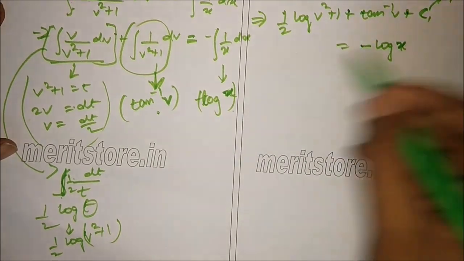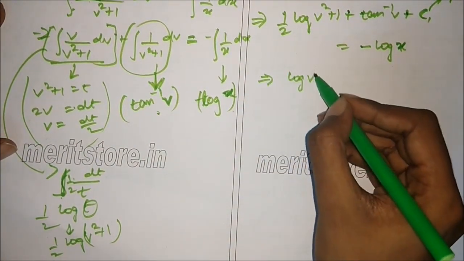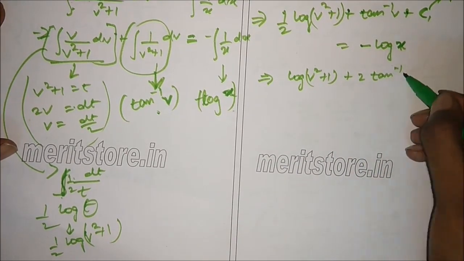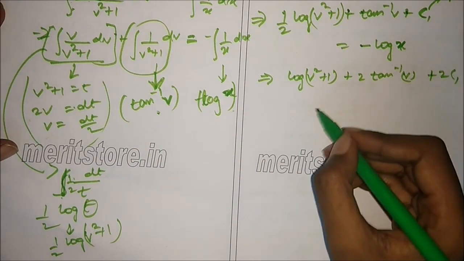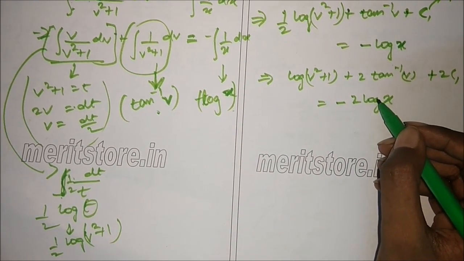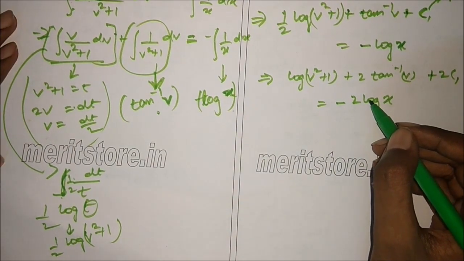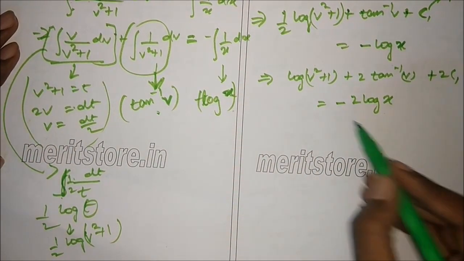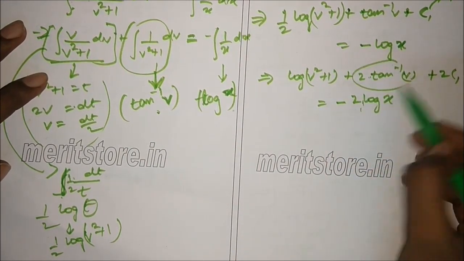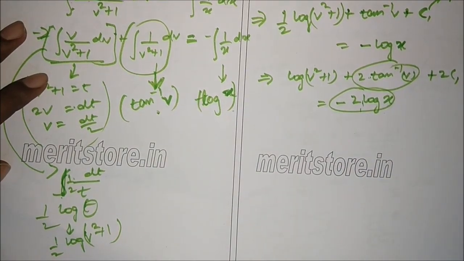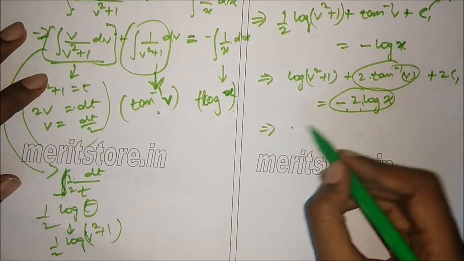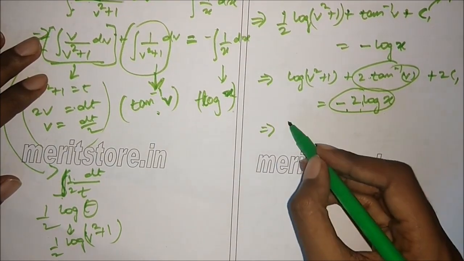So now we multiply it throughout by 2. This will be log of v square plus 1 plus 2 tan inverse of v plus 2c1. This will be equal to minus 2 log x. So we can add these two terms, bringing this term to LHS, we'll get log of